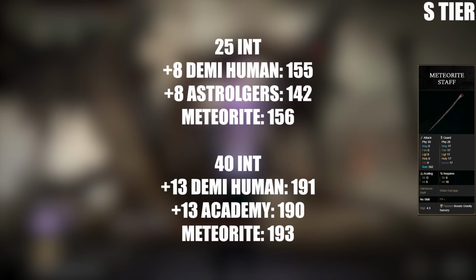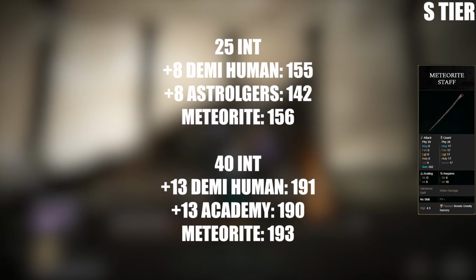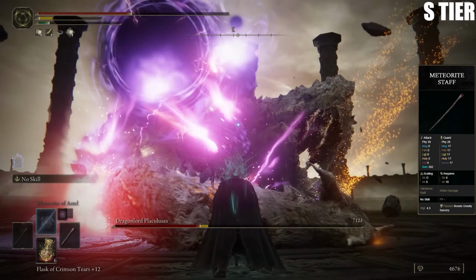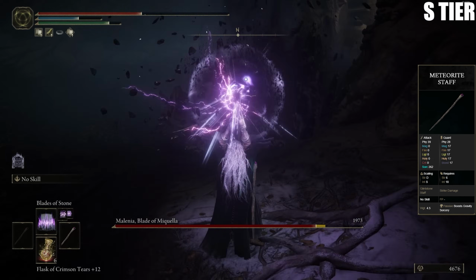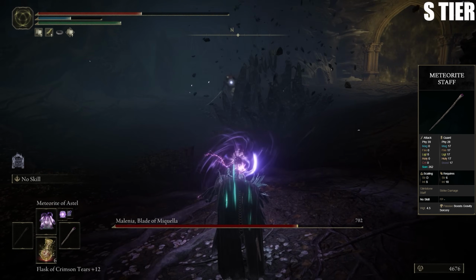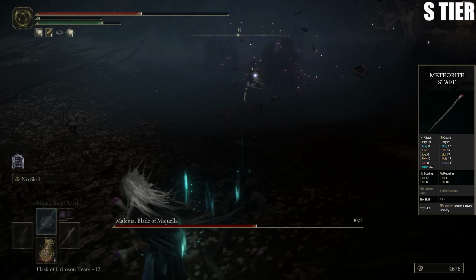When you are around 30 to 40 intelligence, you're not really going to be able to get a +15 staff until you reach things like the Altus Plateau. So I would just use this staff until I fight someone like Morgott, and once I get the Bell Bearing in the Mountaintops to actually get a +18 weapon, then I'll switch to something else. But that's the main reason it gets into the S tier, it's such a good early game option. But even outside of that, it's still going to be good as an offhand option, because it boosts your gravity spells by 30%,